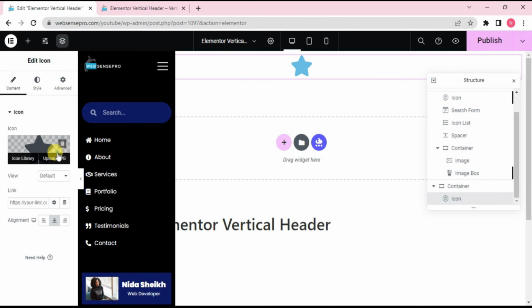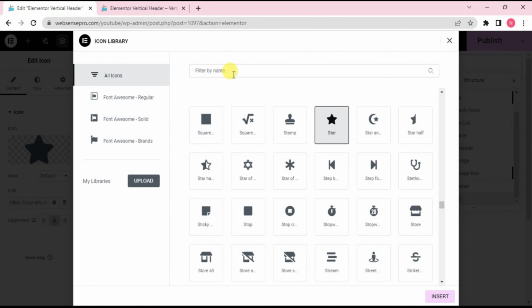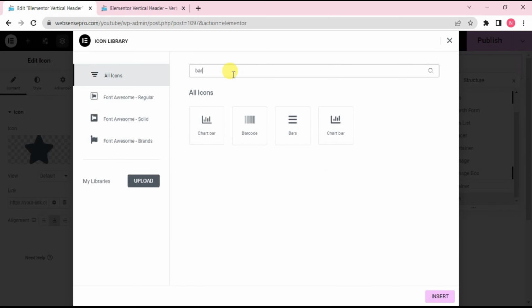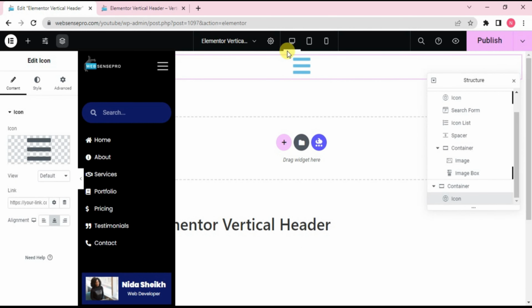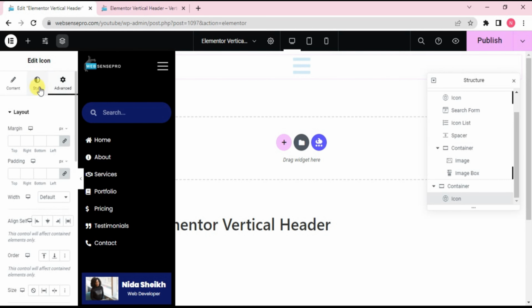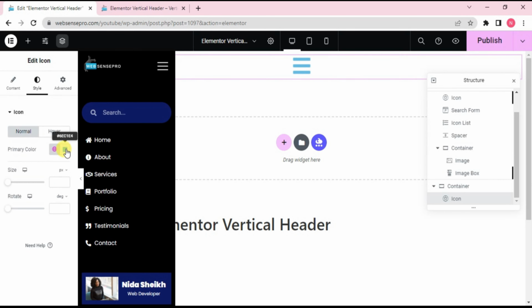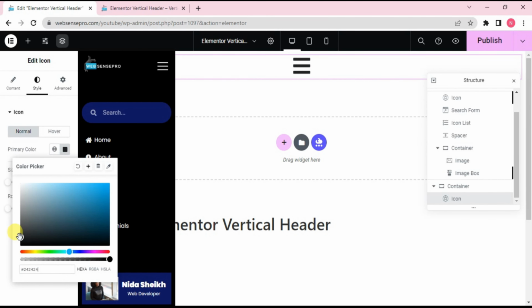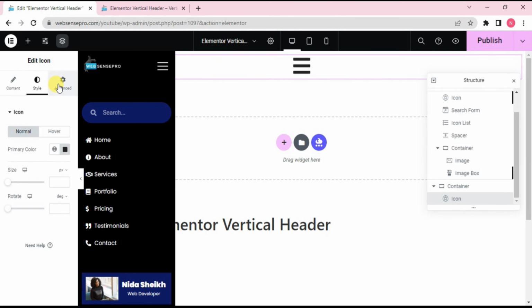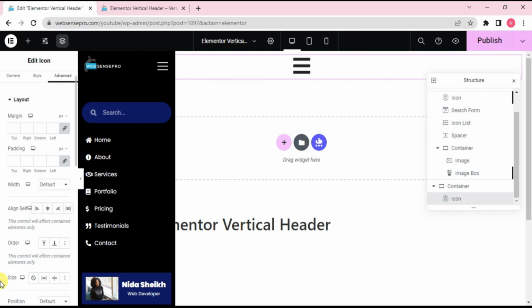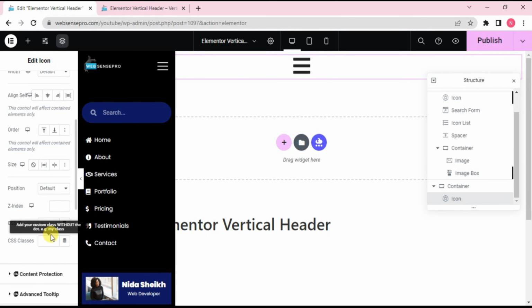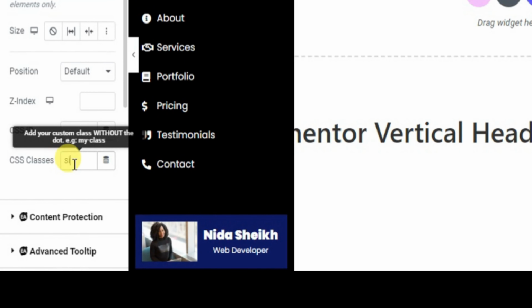Let's add a bar icon again. Okay, this is how it looks. Now what I'll do is I'll give it some styling first. Let's give it black color. Okay, now go down, give this a CSS class,